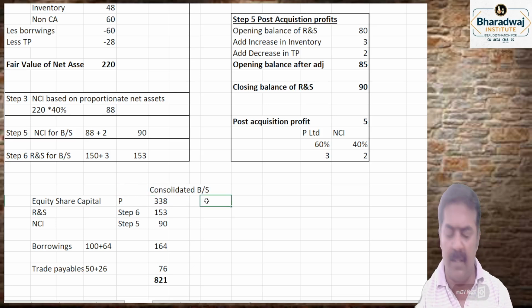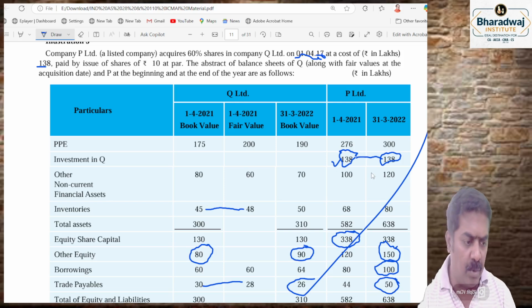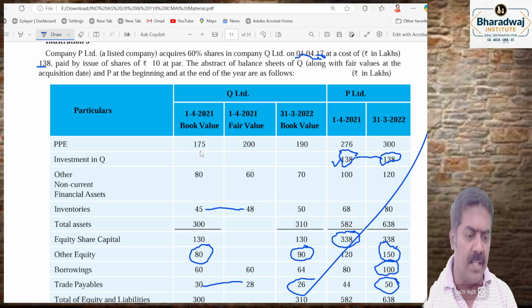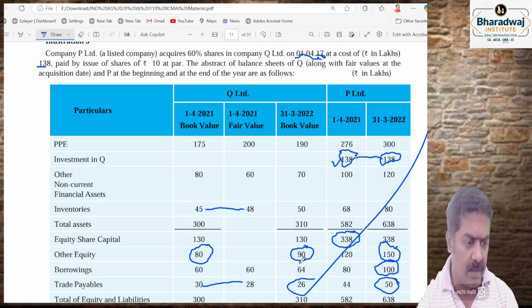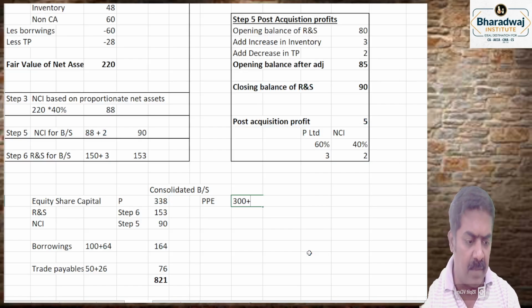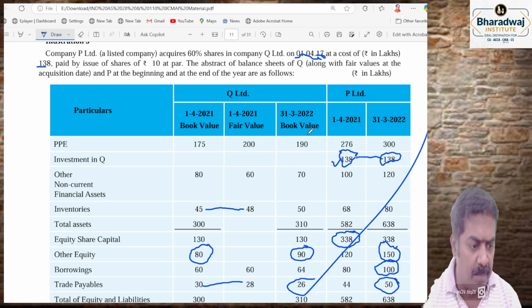Asset side what will come? Plant, property and equipment. How much is the holding company's plant, property, equipment? 300 plus 276. Opening balance paranga. What is the change in fair value? 25. 300 plus 276. 300 plus subsidiary company oda book value par, 190. 300 year end. 300 plus 190